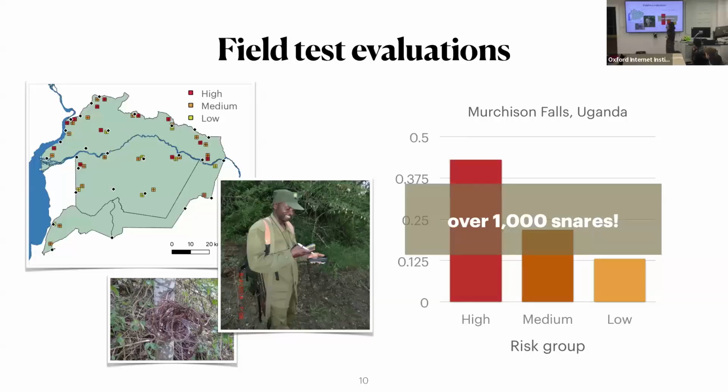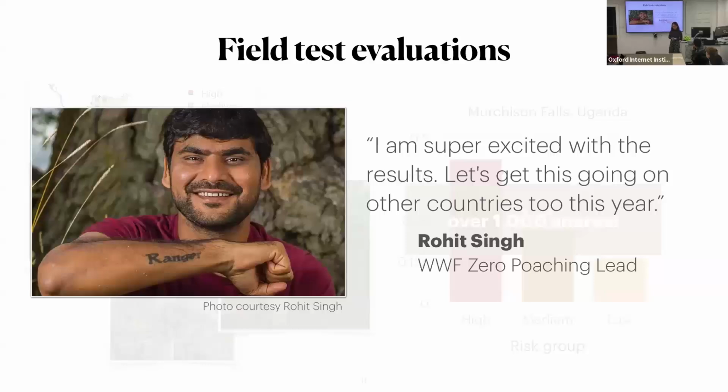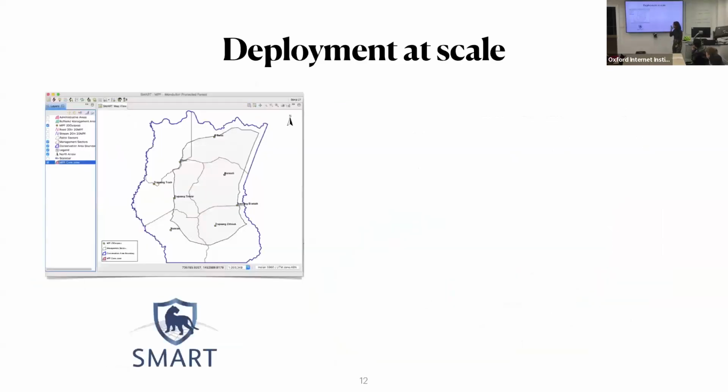So we were excited about that improvement, but we were even more excited to get really positive feedback from our partners. Rohit Singh leads the Zero Poaching Initiative at WWF and said, "I'm super excited with the results, and let's get this going on other countries too." That's something I spent a large part of my PhD focused on, thinking about how to effectively scale